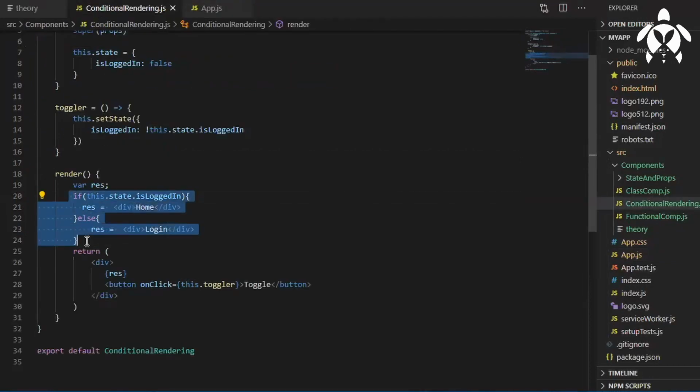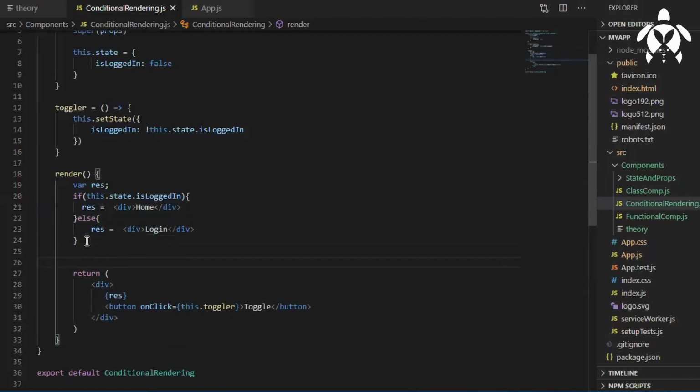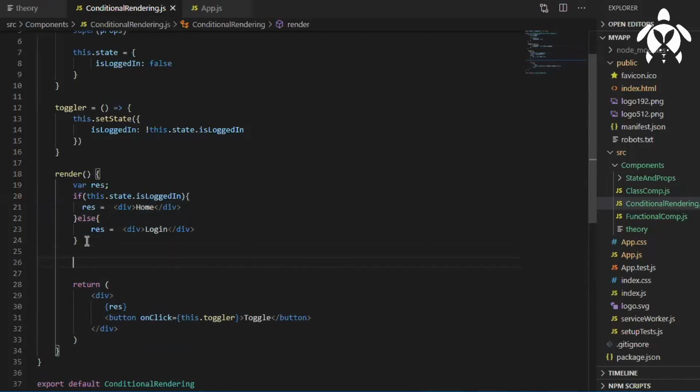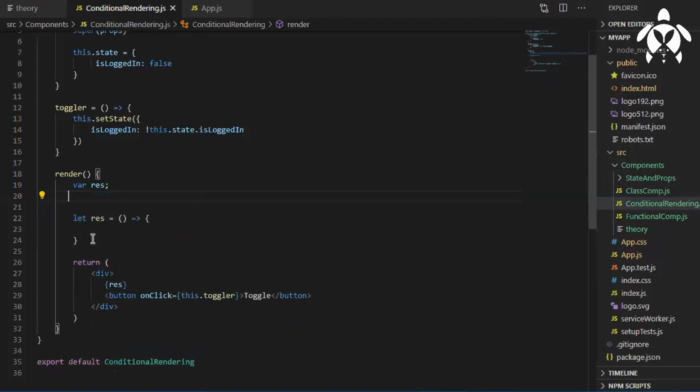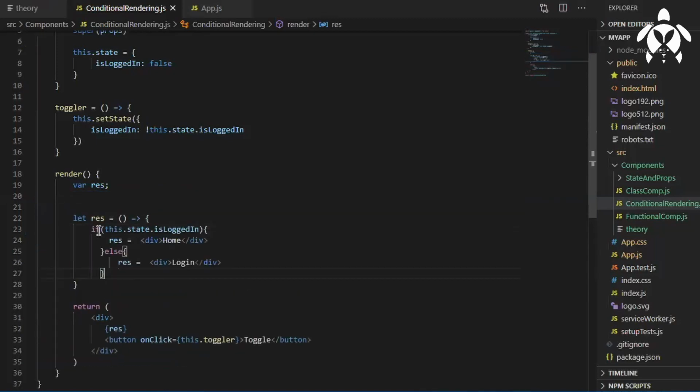Or else I can do one thing: I'll write one function here and then write return, and whatever the function returns, it will execute that.